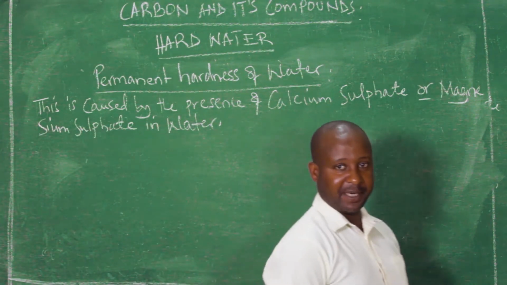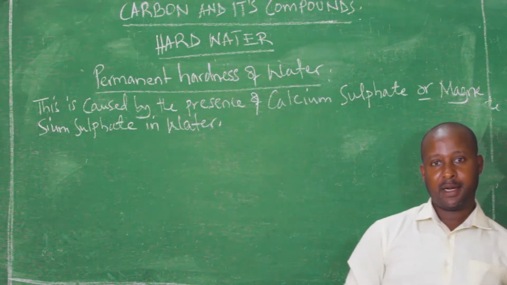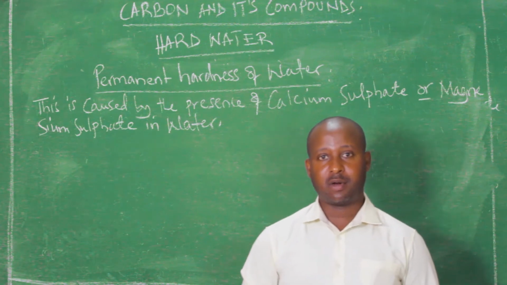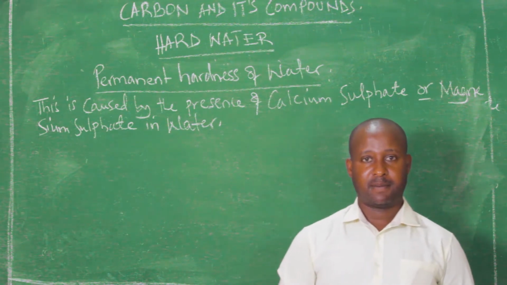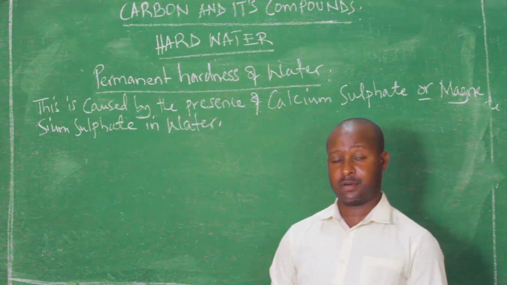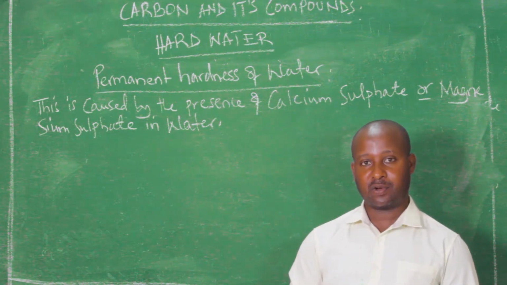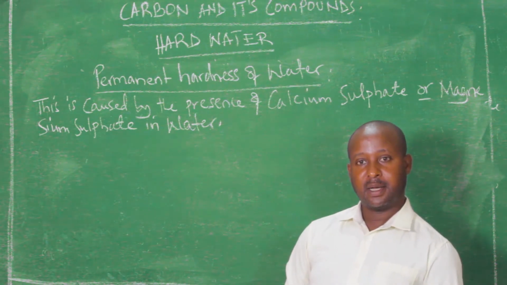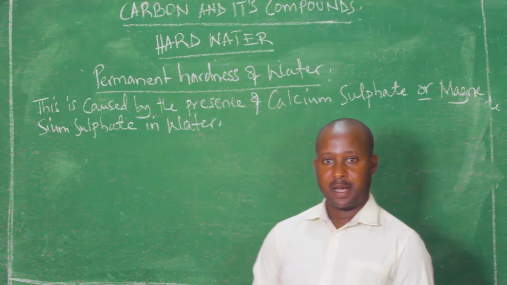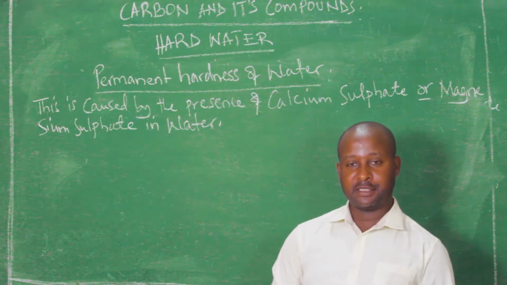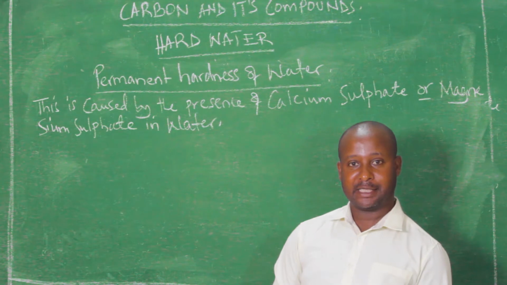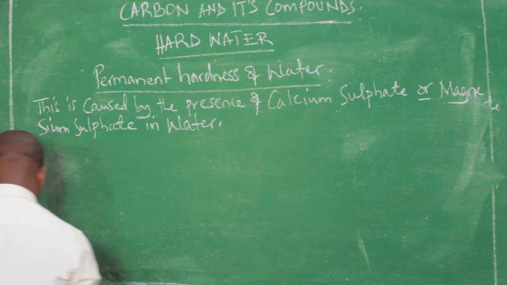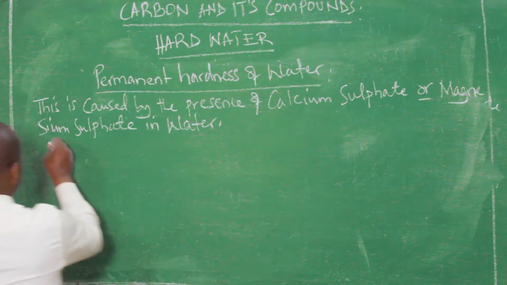What happens is when acid rain falls on rocks containing magnesium sulfate or calcium sulfate, these rocks are dissolved away, hence forming hard water, hence forming permanent hardness of water. We can note this and say when rain falls